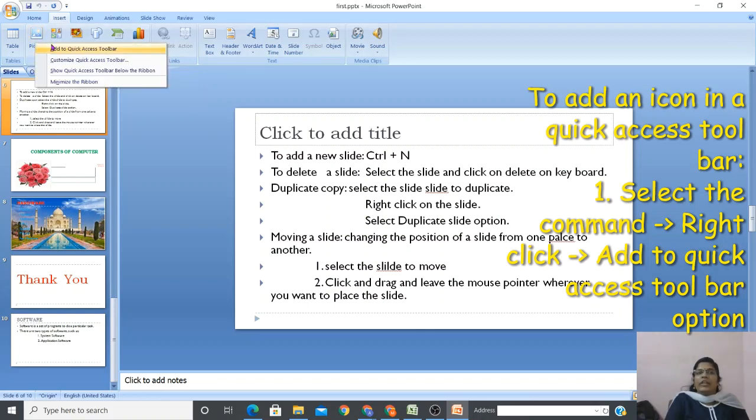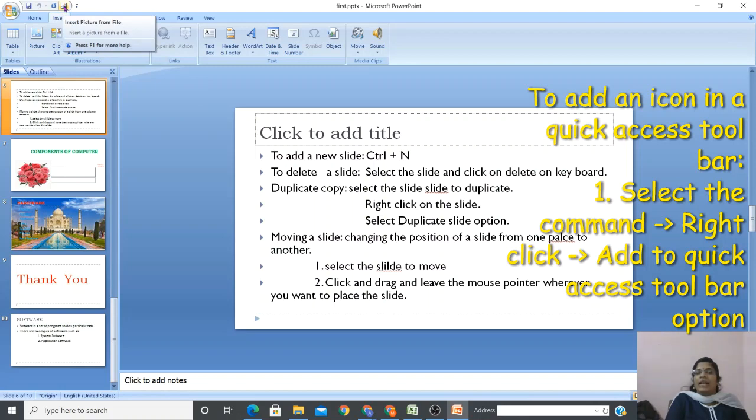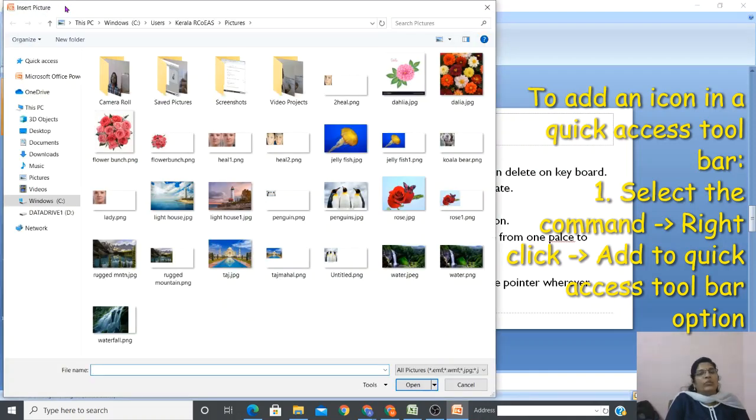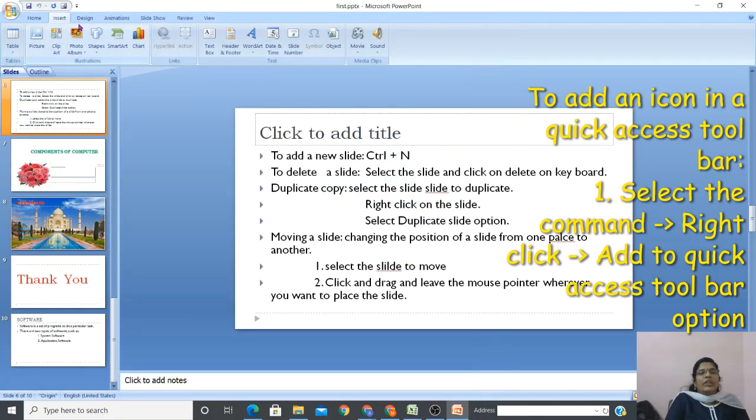When you right click, you can see add to quick access toolbar. Do you see that? Yes, click on it. Now do you see one more icon is added here? Yes, so hereafter whenever you want to add a picture, just click on this picture icon in the quick access toolbar, and immediately the window opens. Similarly, you can do everything.